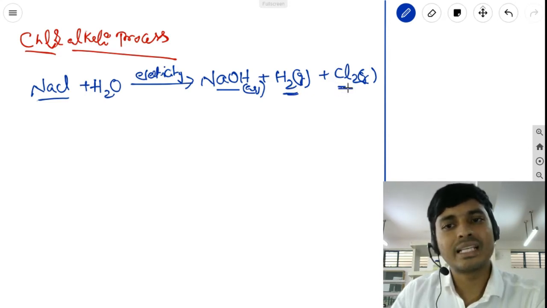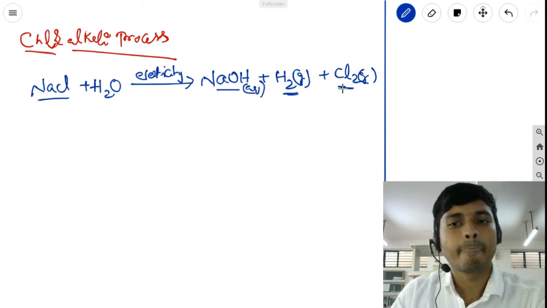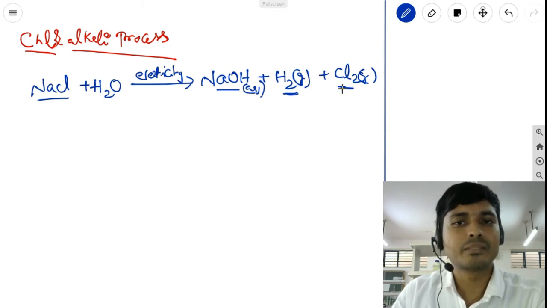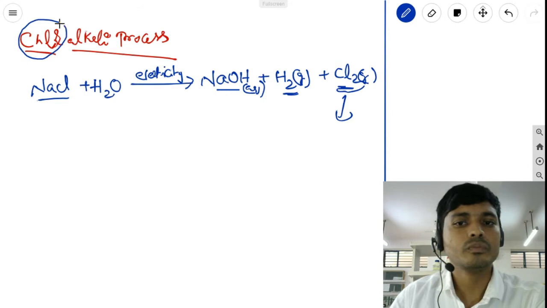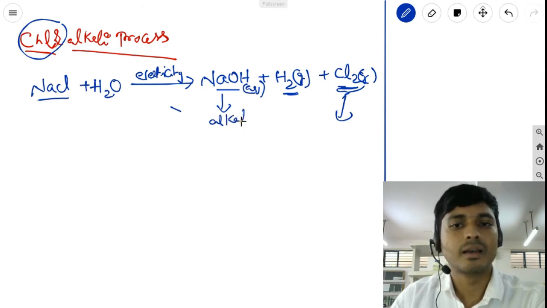Chlorine gas is one of the important reagents in chemistry. By using chlorine gas, many products can be prepared like CFC, DDT, PVC pipes. Many polymers can be prepared using this chlorine gas, and it is a good disinfecting agent. It will kill the germs. That's how industrially it has very valuable products. That's how we are calling this the chloralkali process. The name chlor comes from chlorine gas, and alkali, as I said, sodium hydroxide, which is the base. These bases are called alkalis. That's how this process is called the chloralkali process.